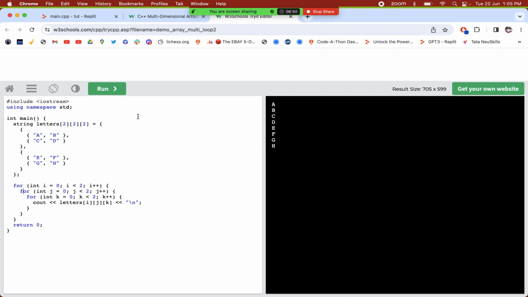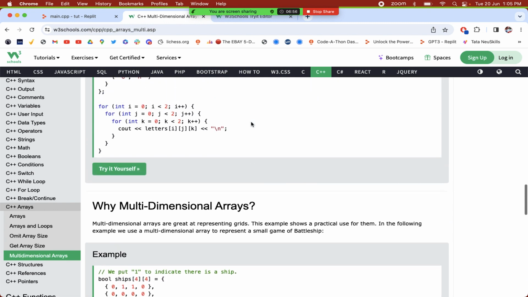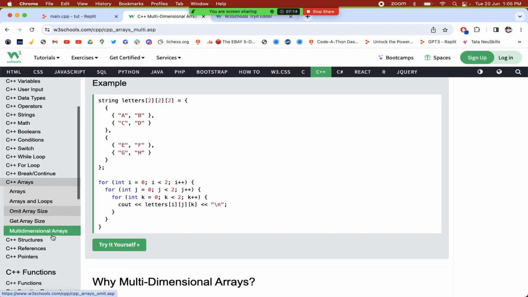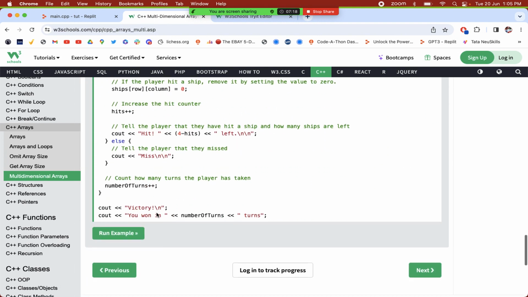Is this clear? All right. So now, can you show the code once again? Yeah. So this is the code over here. We have the main method, we have the strings array, that's the three-dimensional array, and for each dimension we have one loop. Yeah, it's clear. Okay. So now that we have done the explanation,